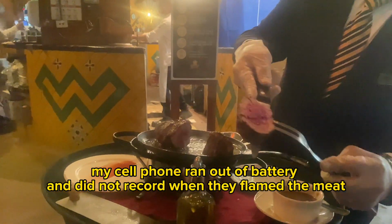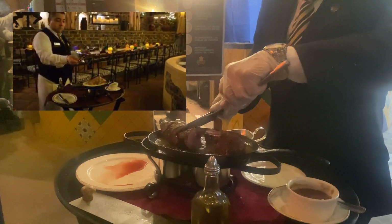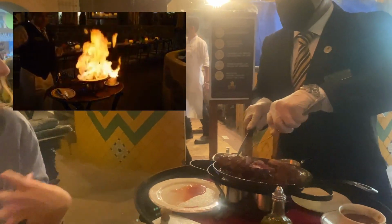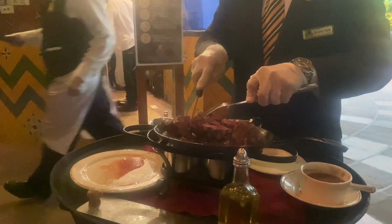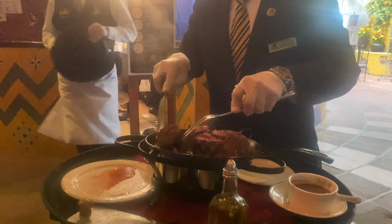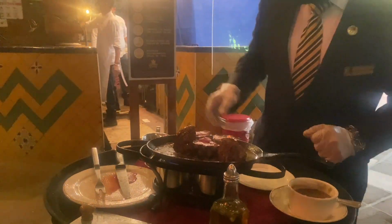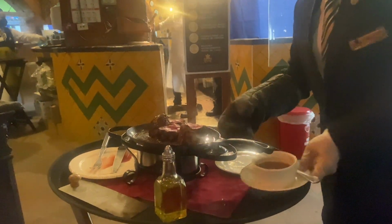When our Chateaubriand came out, they did this beautiful little show of passing the wine back and forth and then pouring it over the meat, and it flamed up higher than our mesero. Once the flames extinguished, he showed us how we would be able to finish cooking our meat the way we would like it, to its appropriate doneness at the table. And there is the bordelaise sauce,